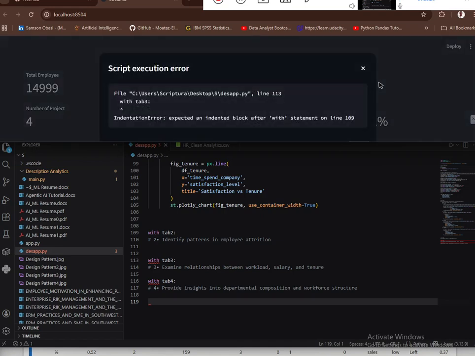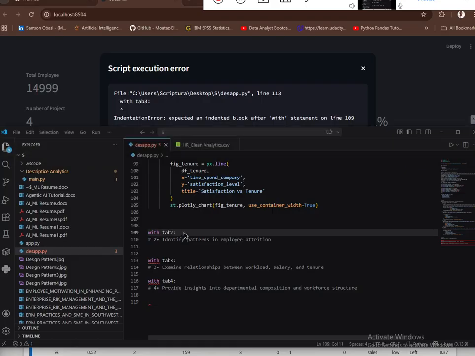Run the line of code. Which statement? Indentation in line 109. So the reason why it's showing this particular problem is because I've not added anything. I've not put anything inside. Let me say